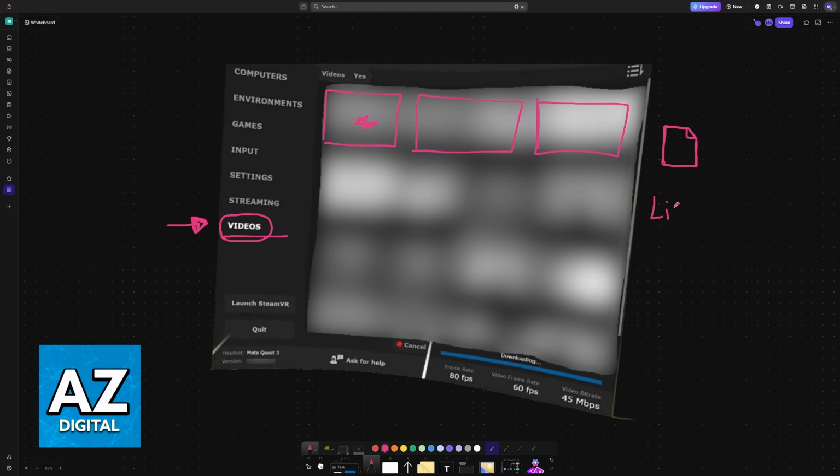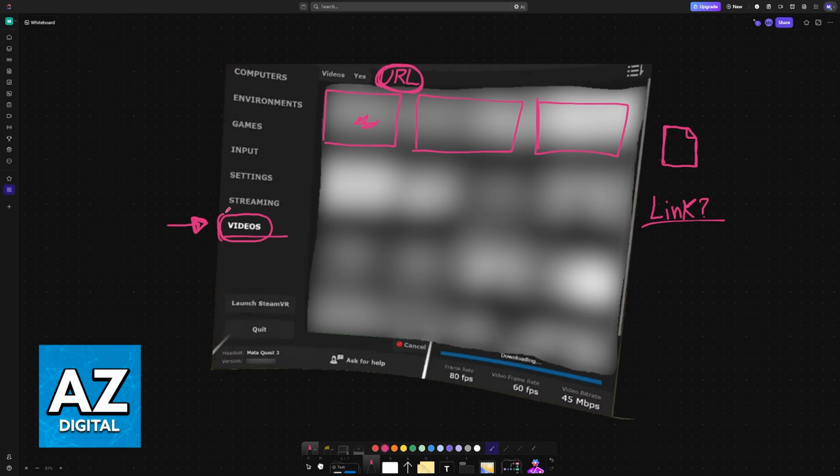But if you want to load a link, this will be a little bit more difficult. Some users have reported the option to load a link, for example from YouTube, and it plays directly using a URL. However, if you don't see the URL option somewhere on this page, then sadly you will not be able to do it. On newer versions, this option should be available, so as long as you paste the link from the video, the video's URL, you will be able to play it without any issues.